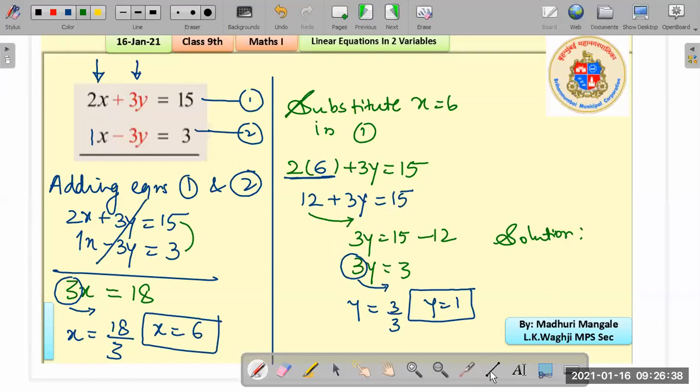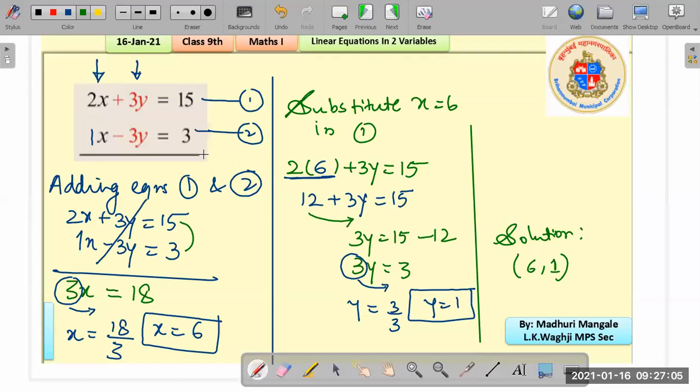So solution, that is always in x comma y format. So the solution is 6 comma 1, like that. It's 6 comma 1. Okay. And now let's quickly enter this in the graphing calculator and check if we get the same answer. Okay, even you should try it out.